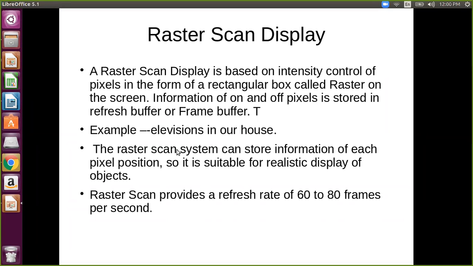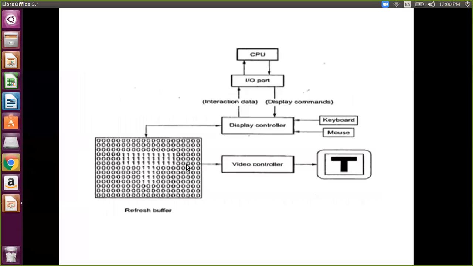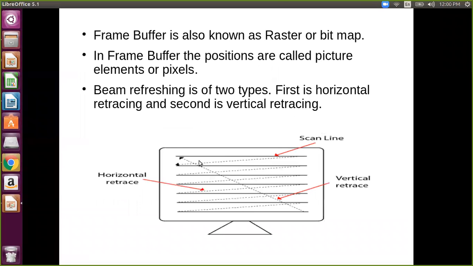So, the raster scan display. Here the T is not written, you have to assume this T, sorry for this, because television is written. Television in your house is an example of raster scan. What is the process of rastering? The main point is that in a raster scan display, we are not randomly selecting the object. The process is fixed: it starts from the first horizontal line, from the top left corner. So from the top left corner, the first line is scanned.